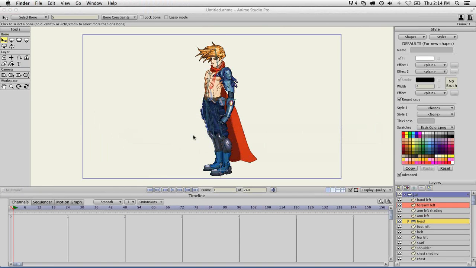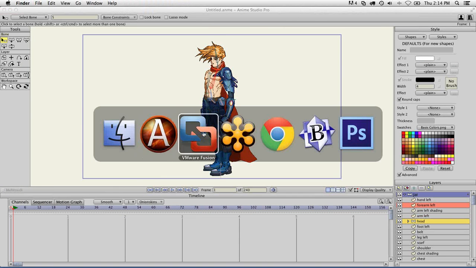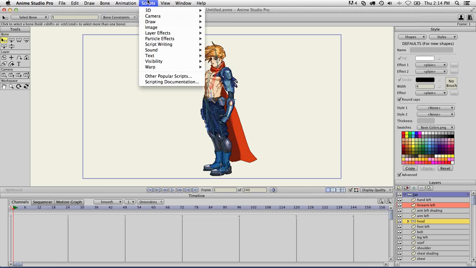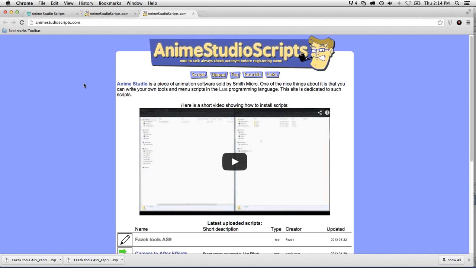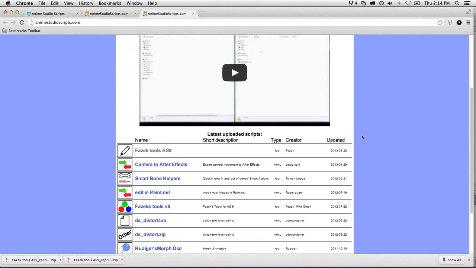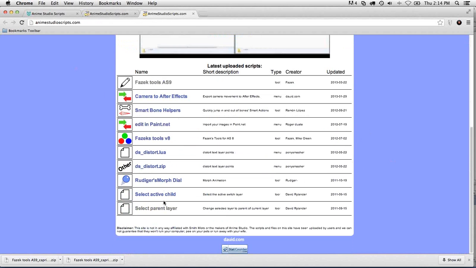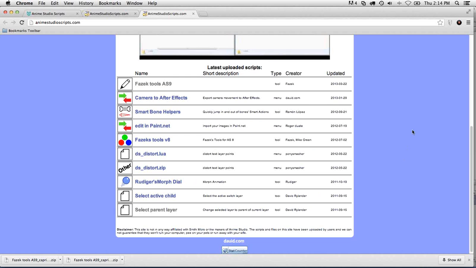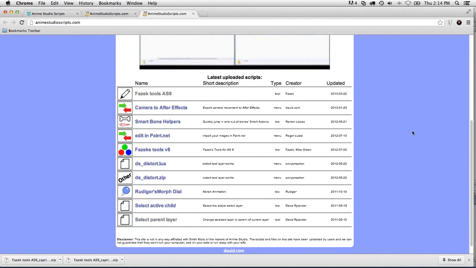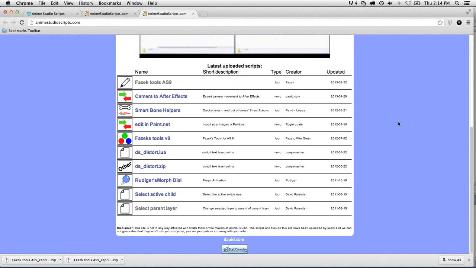And what I'm going to do is install a script. Now, one of the nice features is that in Pro, we have other popular scripts. Right under the Scripts menu item is a link to a website called Anime Studio Scripts. And this site has a lot of really cool tools and scripts that you can use. What may be a problem when you're first starting out is that scripting is a little scary, a little bit strange,